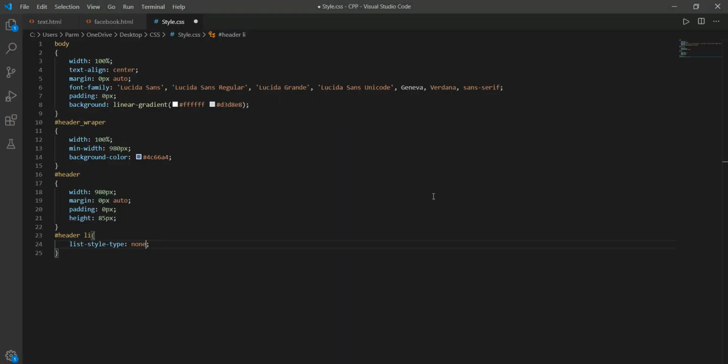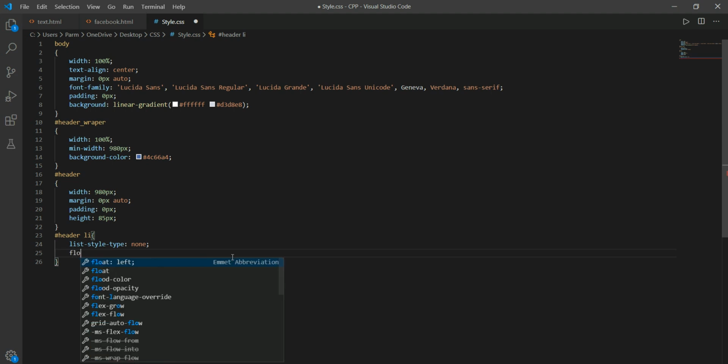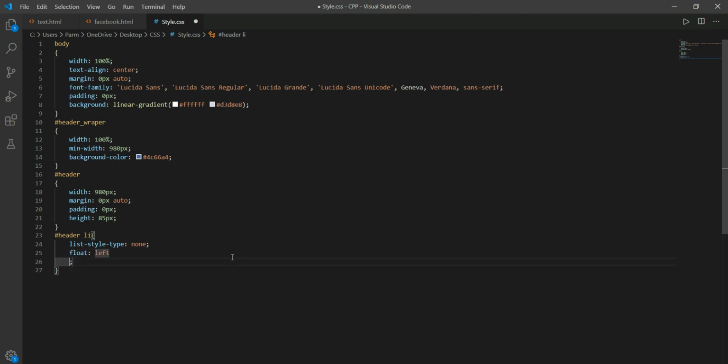So for this we have written list style type equal to none, and we want this to float to the left. We just want this to float to the left, and I just want the text aligned to the left also.